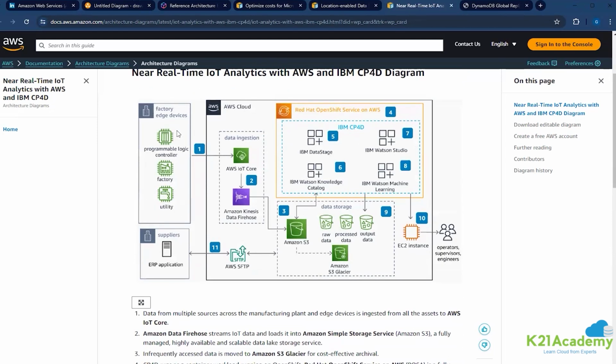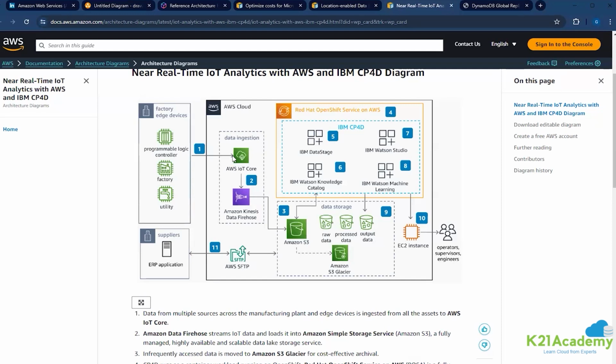So they have the factory where the sensors, temperature control, PLC boards, all of it is here. And all the IoT devices are sending their sensor data, either as time series data or whatever the data it is supposed to receive. It's sending everything to IoT Core. Because it is real-time data, we don't do it in batch processing. Every second or every 5 seconds, 10 seconds, it just keeps coming in, just like YouTube comments and likes and Facebook likes and comments. So to process that streaming data, we need Kinesis.